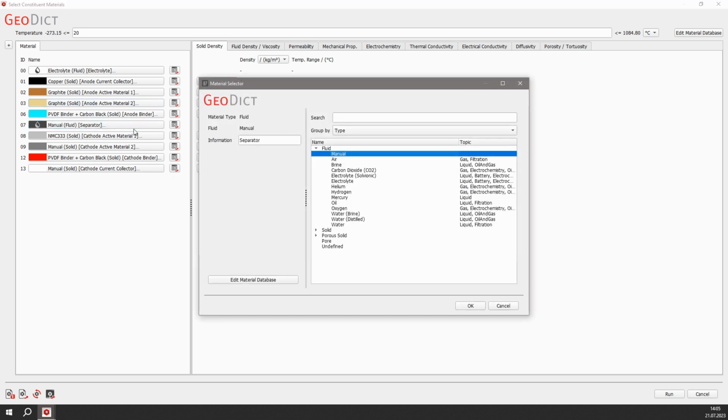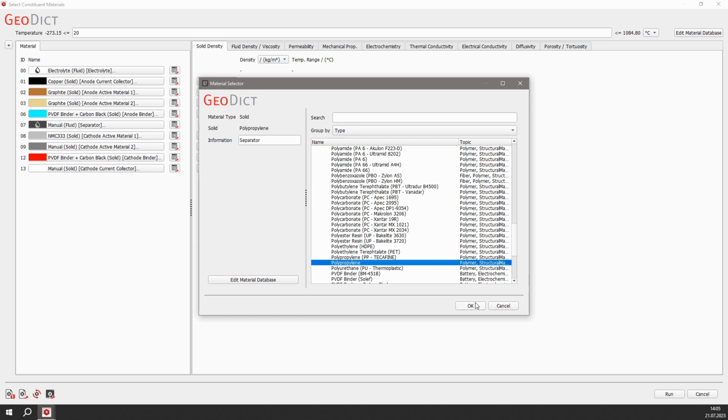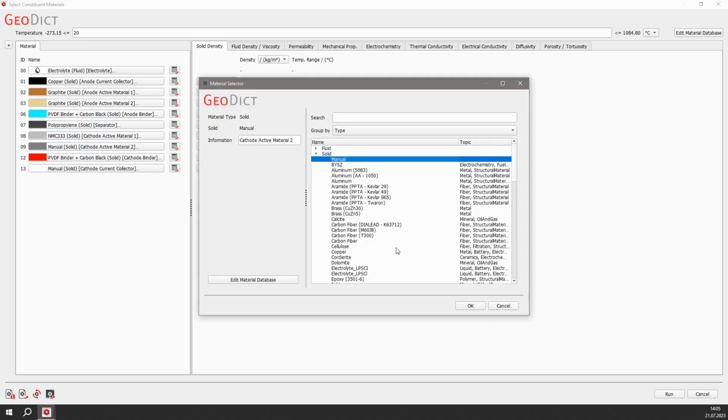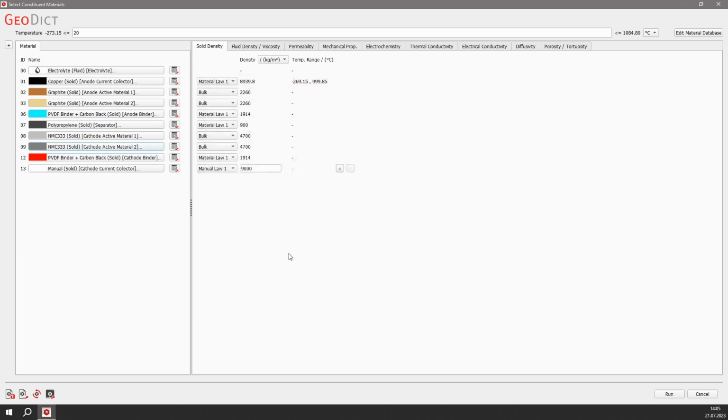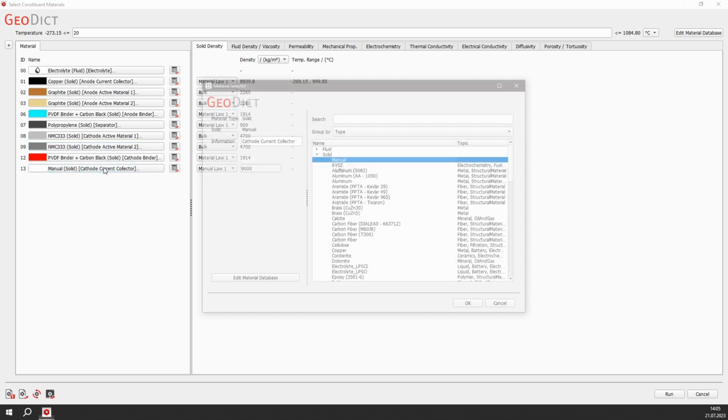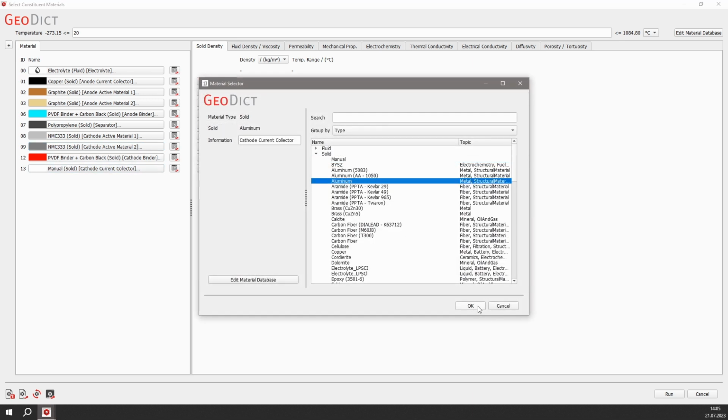The separator will be polypropylene. For the two cathode active materials, we choose NMC 333. For the cathode binder, select again PVDF, and for the cathode current collector, choose aluminum.